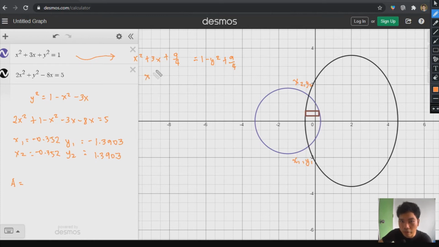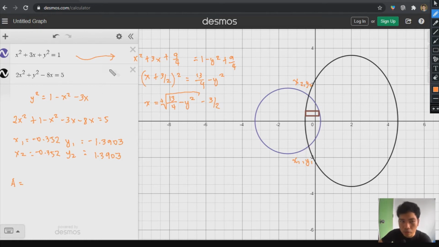Okay, so with this we have x plus 3 halves, and then squared, and then this is equal to 1 plus 9 over 4, so that is 13 over 4. So that's 13 over 4 minus y squared, and therefore the function in terms of y would be x is equal to the square root of 13 over 4 minus y squared, and then minus 3 halves. So that's plus or minus. Okay, so this is your equation for your circle in terms of y, using the horizontal strip. Now how about